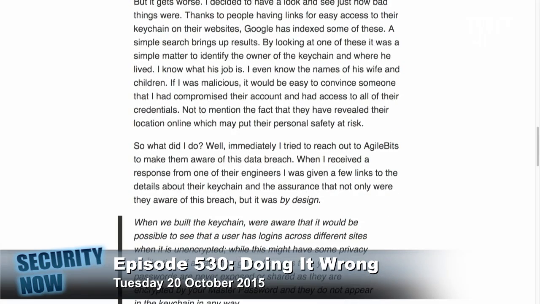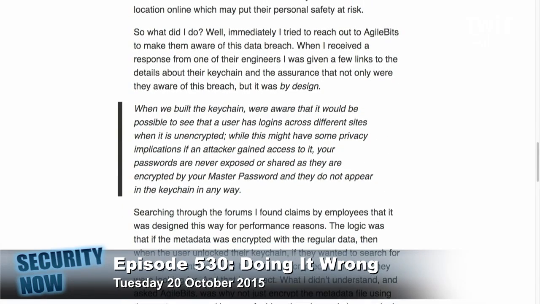So, what did I do? I immediately tried to reach out to AgileBits to make them aware of this serious data breach. When I received a response from one of their engineers, I was given a few links to the details about their keychain and the assurance that not only were they aware of this breach, but it was by design. Quote, when we built the keychain,